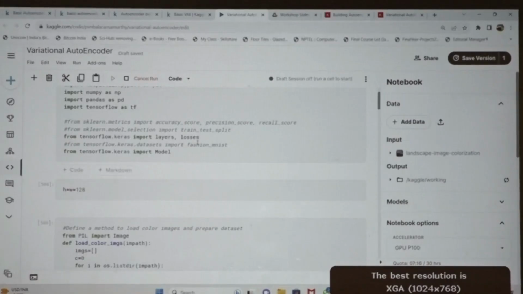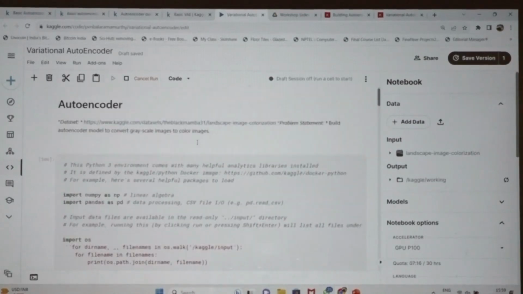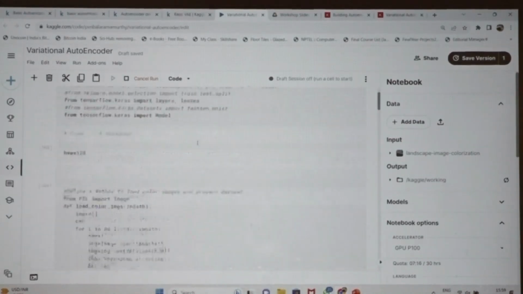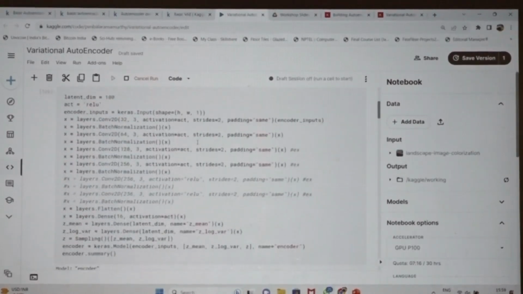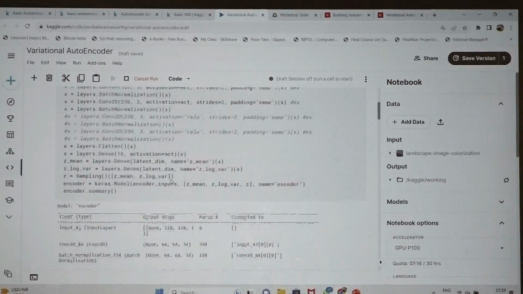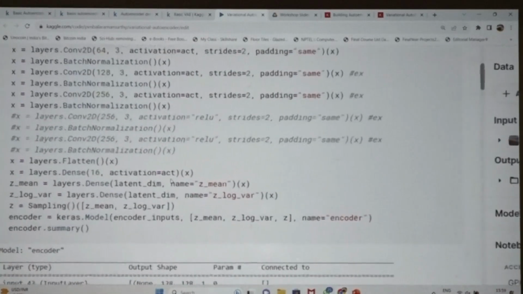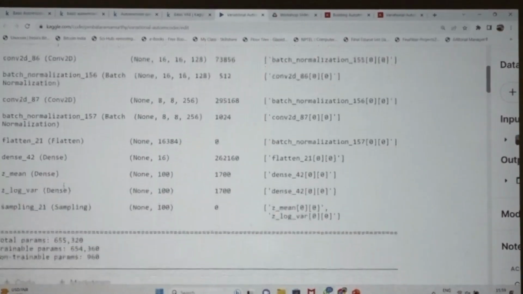Yeah, this is a variational autoencoder. The same thing we are having, but the coding is a little different. See here, this is what we are taking. I think I have shown this on the slides already.